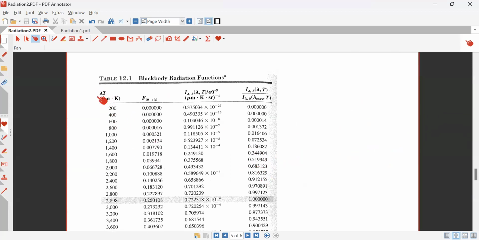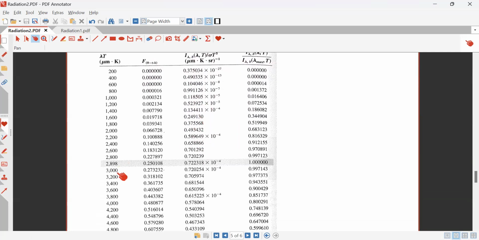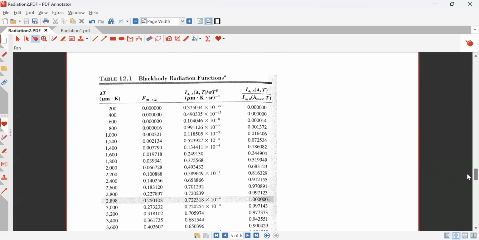The idea is that you take the product of lambda and t, and from that you can get the value of this band fraction f. If you're curious about what the intensity is, you actually can calculate it directly. You take this number and multiply it times sigma t to the fifth, and then you get your spectral intensity. And then you can also look at this I sub lambda b versus that for the maximum, that peak wavelength. Notice that they show 2898 here, because by Wien's law, lambda max times t equals 2898 for the peak wavelength. So let's go ahead and apply this